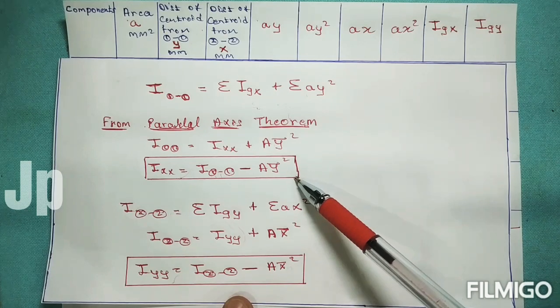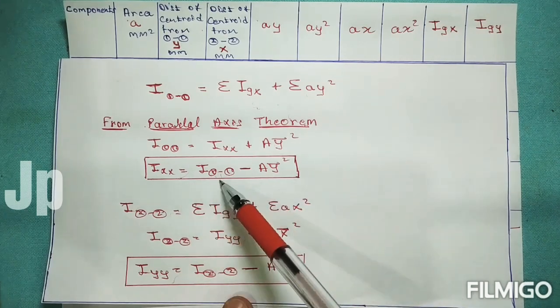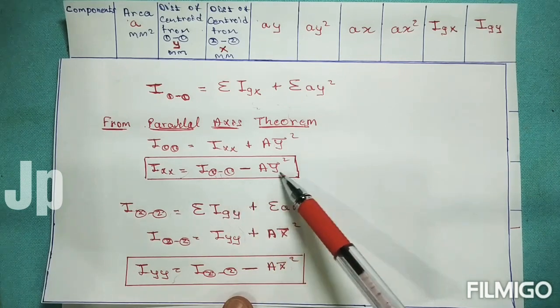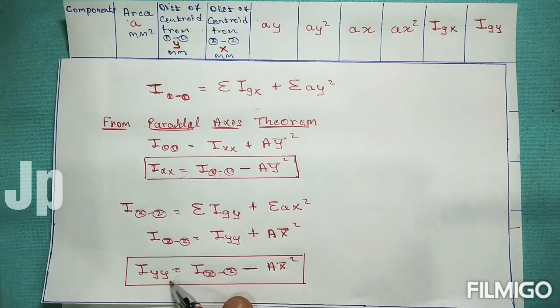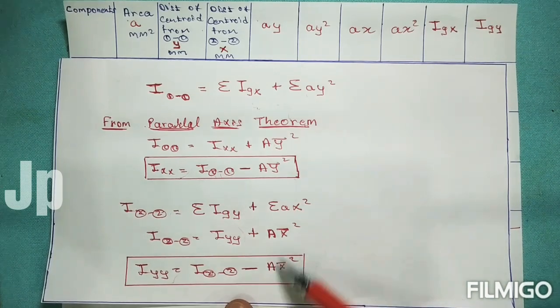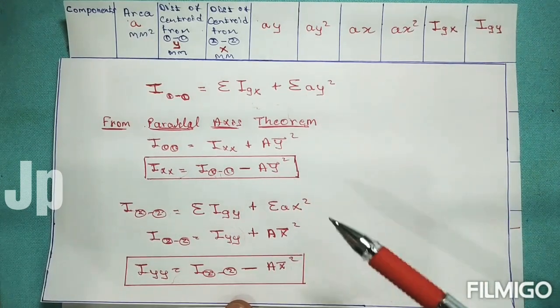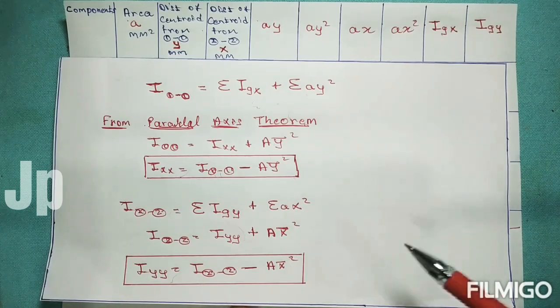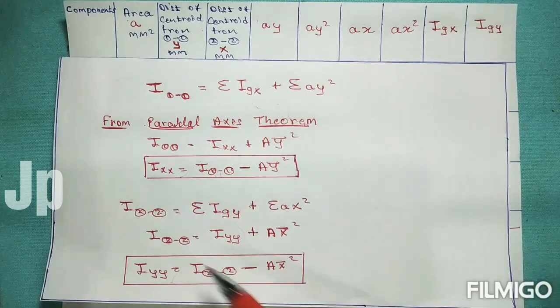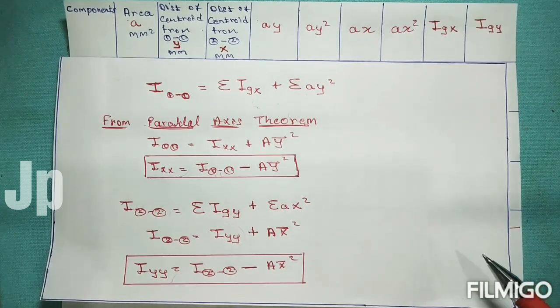So at the end you should know these formulas. One is Ixx is equal to the moment of inertia along 1 1 minus A y bar square. Next, the moment of inertia along the y direction is equal to the moment of inertia along reference axis 2 2 minus A x bar square. So these two formulas, all these formulas, are very important, as well as the moment of inertia of the individual components, which you should also know. Then only can you fill these two columns, as well as find the moment of inertia of the section. So next class I will show how to determine the moment of inertia of I sections. Thank you.